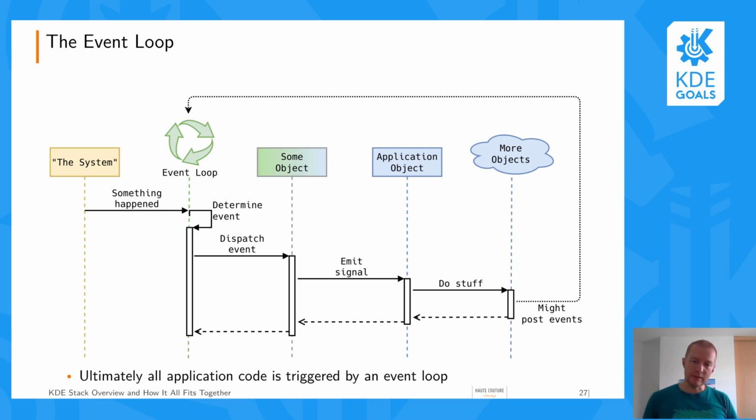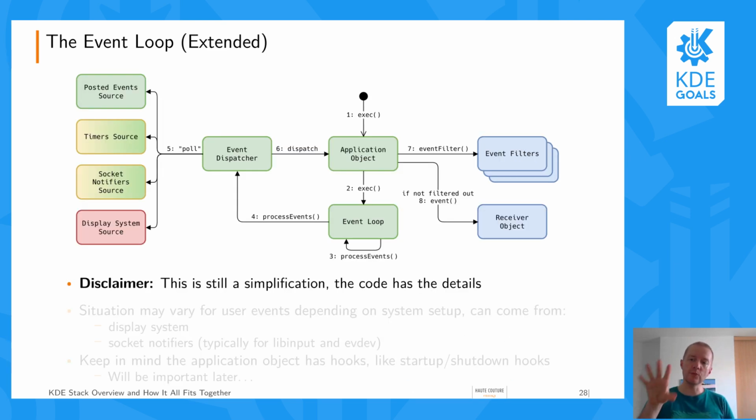Now, on that particular slide, I show the event loop like one single all-knowing thing. It's actually kind of a lie. If we zoom in on it, at some point you figure out that the event loop doesn't exist, or at least it doesn't exist as a single entity. So what we have here is still a simplification of the real deal, but that's at least showing that what we call the event loop is actually processed